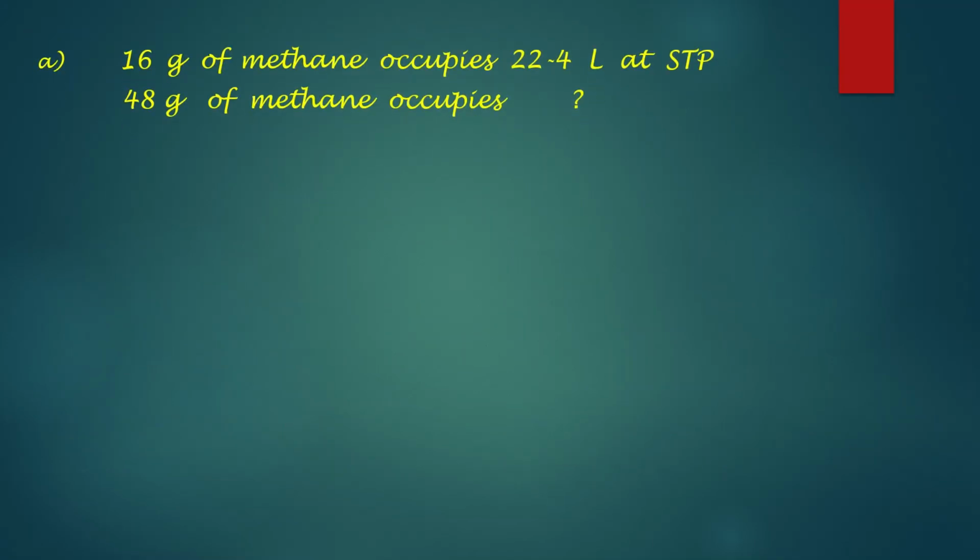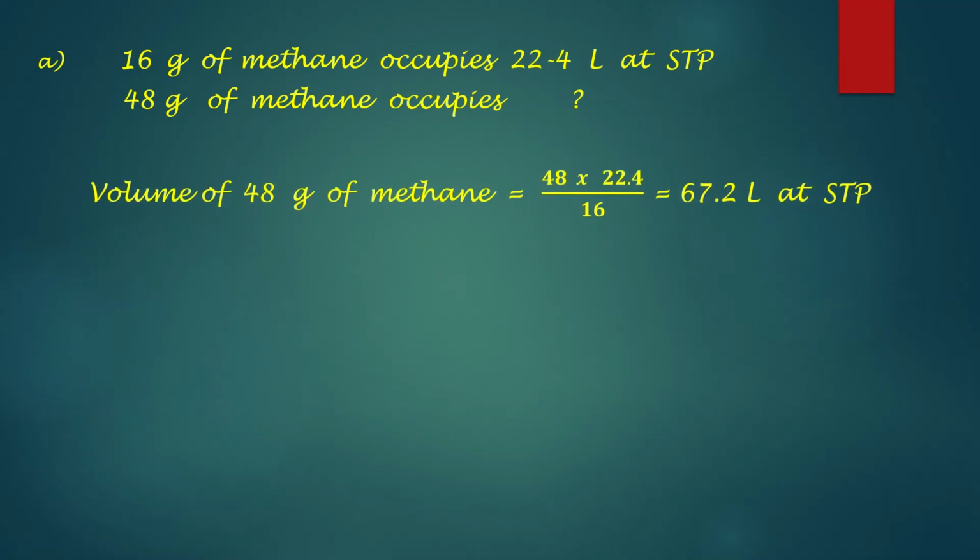So you know that 16 gram of methane occupies 22.4 liter at STP, because 16 gram is the molar mass of the methane and 22.4 liter is the molar volume of the methane gas. So 16 gram of methane occupies 22.4 liter at STP. Therefore 48 gram of methane occupies how much volume? So volume of 48 gram of methane equal to 48 into 22.4 divided by 16, that is equal to 67.2